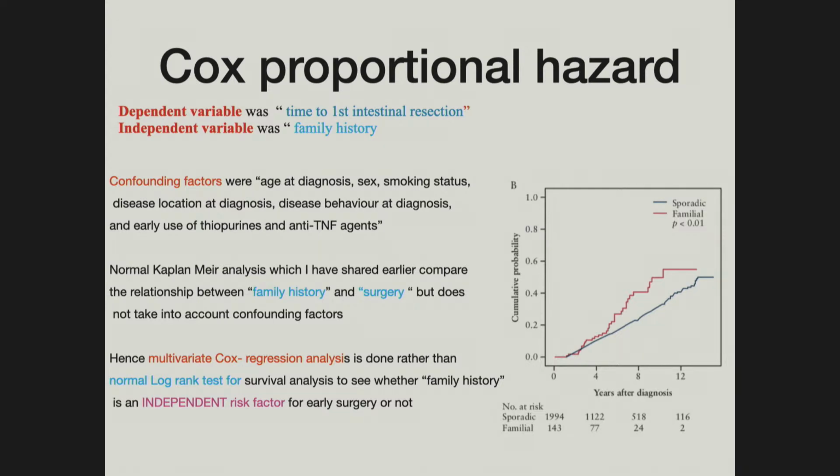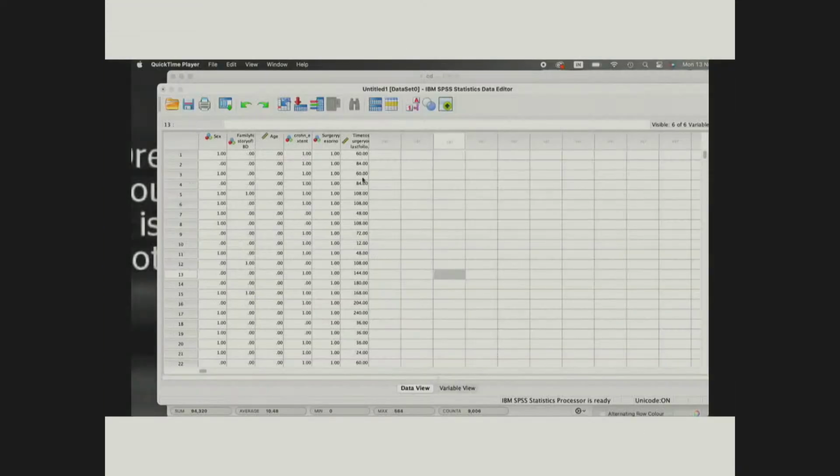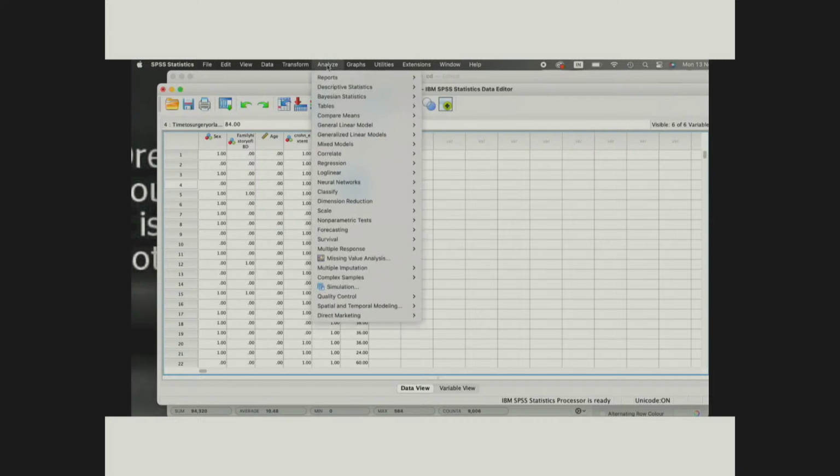So that's why multivariate Cox regression analysis is required, to identify whether this family history is an independent factor which can affect the intestinal resection or not. So this is the example. Here I have plotted the time here and the different covariates here, and going first to the life